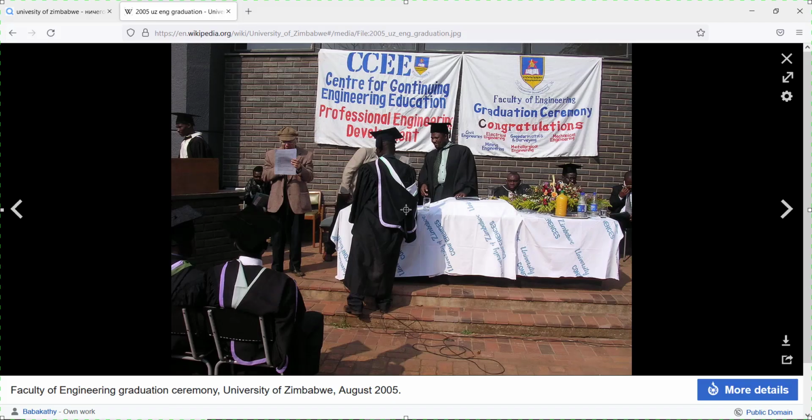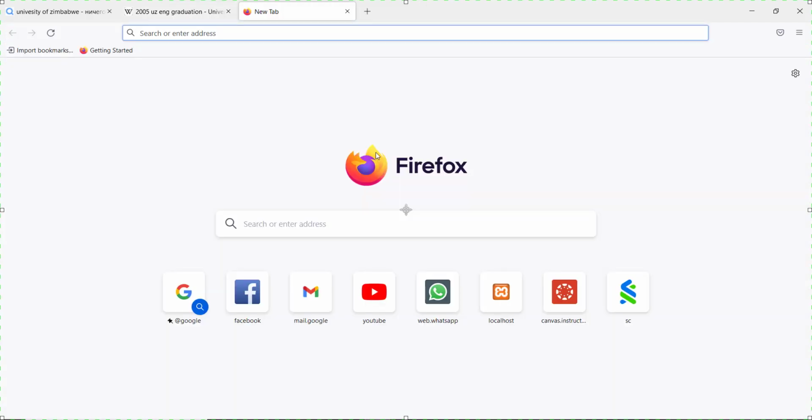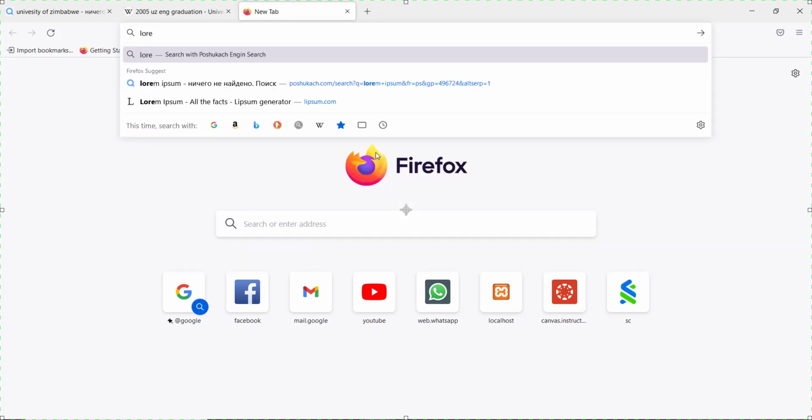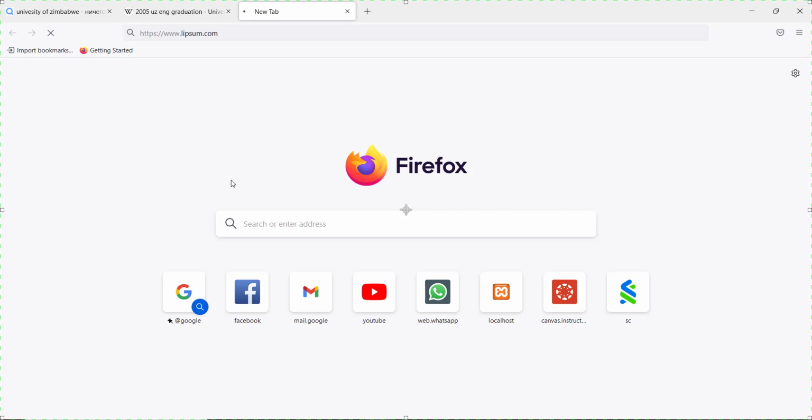So we go online. We quickly look for lorem ipsum, which is just random text generated by the internet. And we can use that text to add information. Okay, so whilst we're also waiting for that to work, there's certain things that we had actually not introduced as we started,